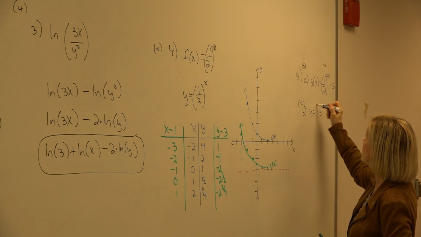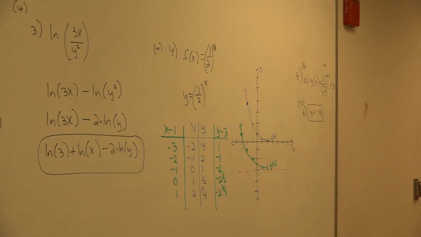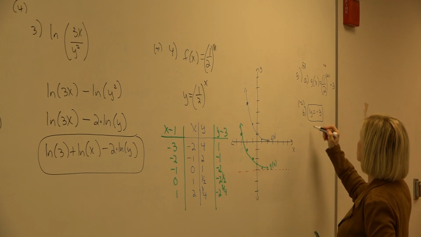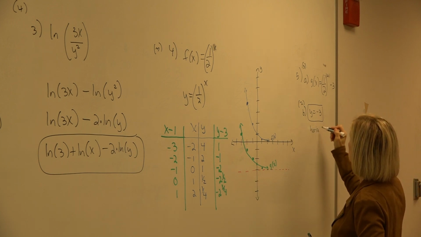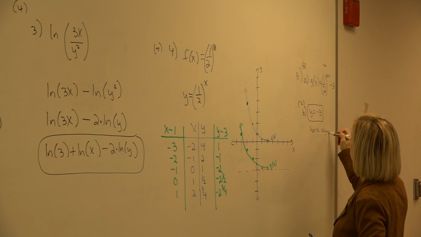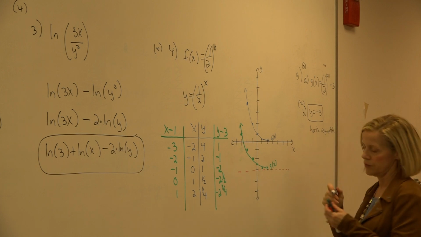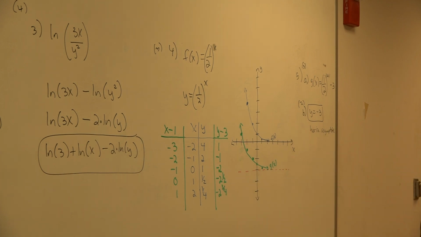Normally it's y equals 0, but we shifted down 3 units, so now it's y equals -3 for our horizontal asymptote. Next question, question c, whether the function is increasing